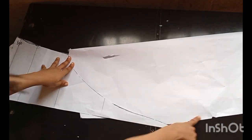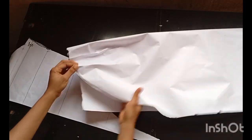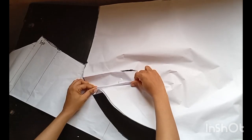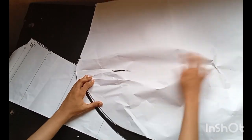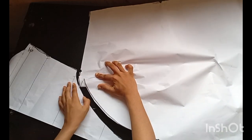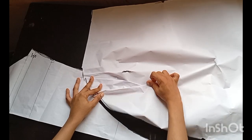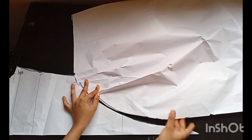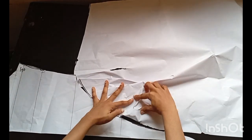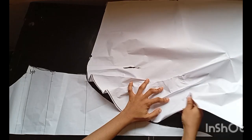So now what you're going to do is, after sewing the upper part of your body, now you're going to sew a gather stitch on it. Like on this side, you're going to run a gather stitch, and whatever gather stitch you have, or pleating or folding, like whatever pattern they have there, if it's a pleated pattern, you're going to pleat it. If it's a gathered pattern, you're going to do that. So you can actually go ahead to pleat it, and when you're pleating it, make sure that the notched part of that fabric meets the basque, where the basque of the dress stopped, and then you're going to fold it